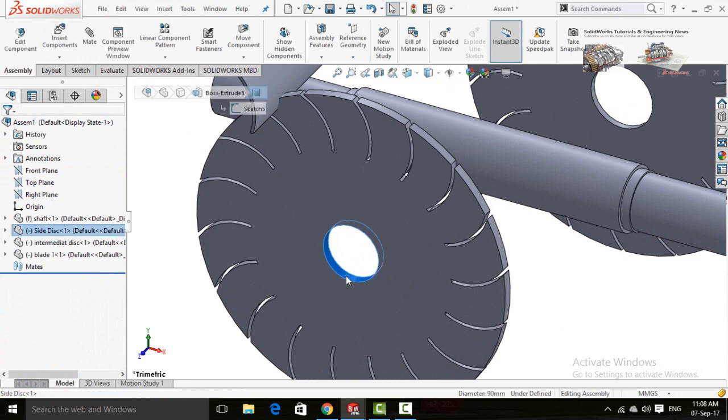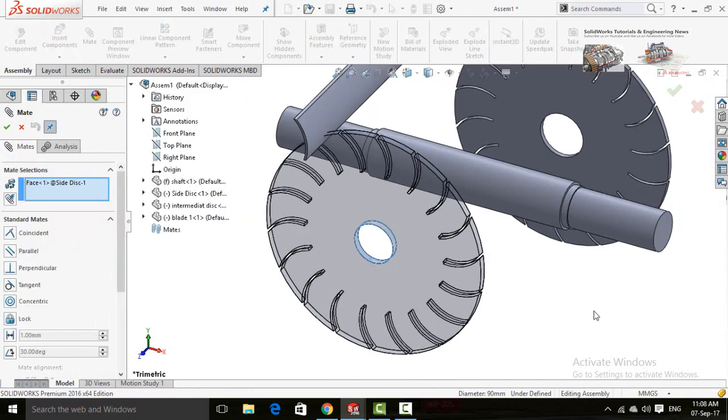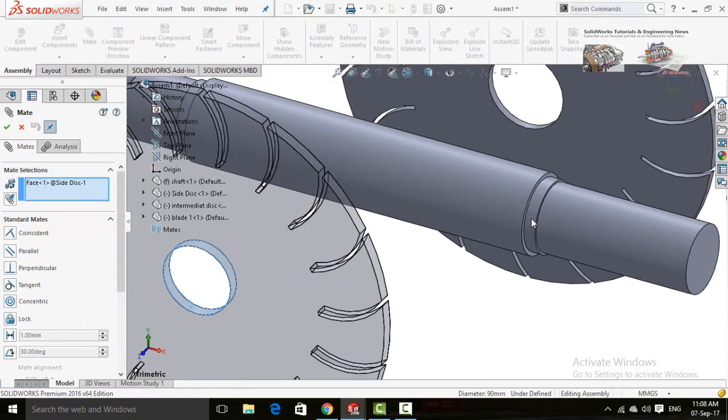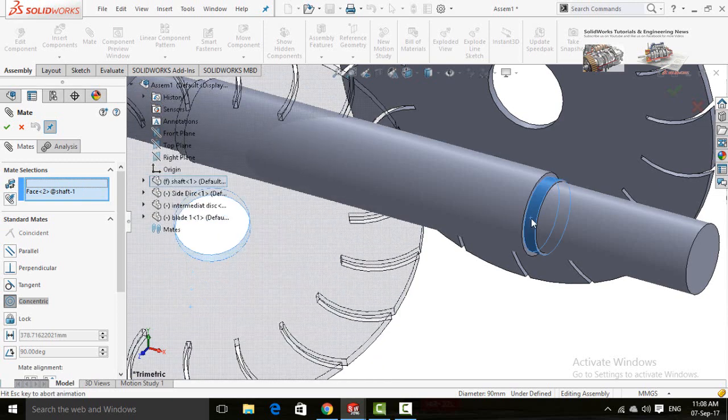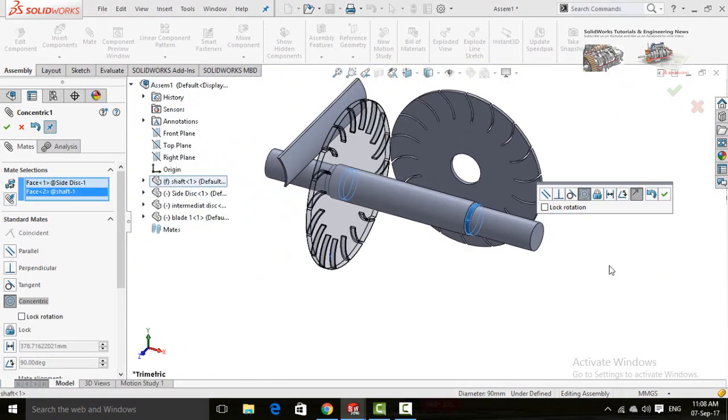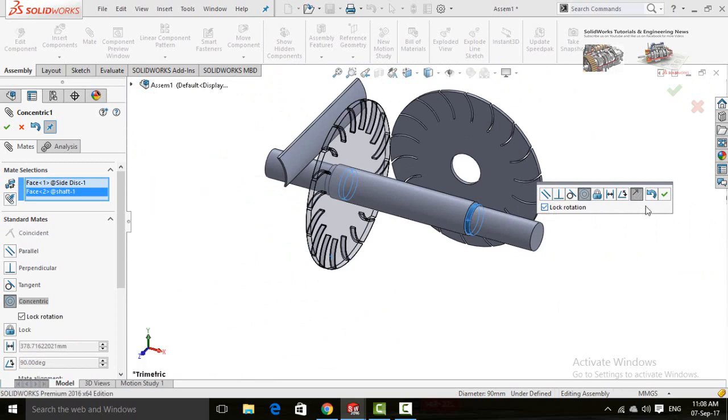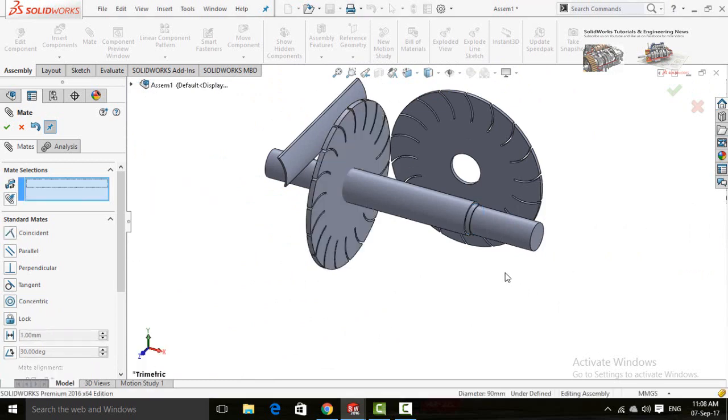Now click on this circular face and select mate. Click on this cylindrical face of shaft and select or check this option lock rotation. Press OK button.